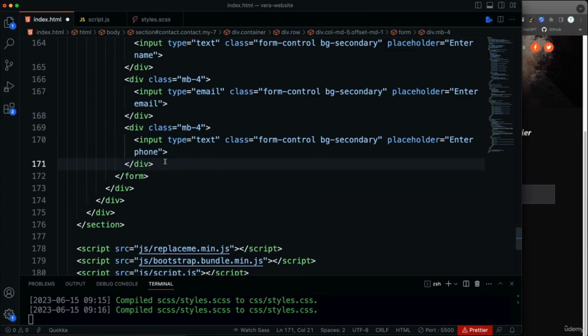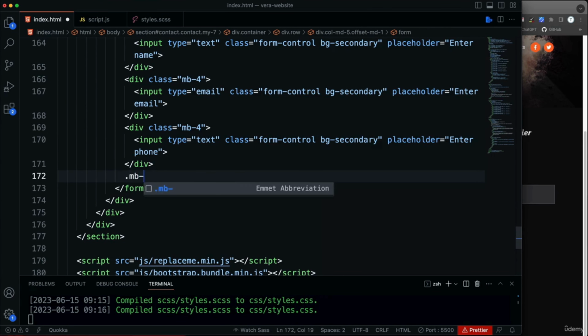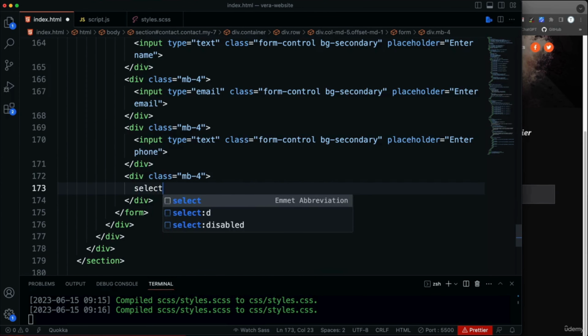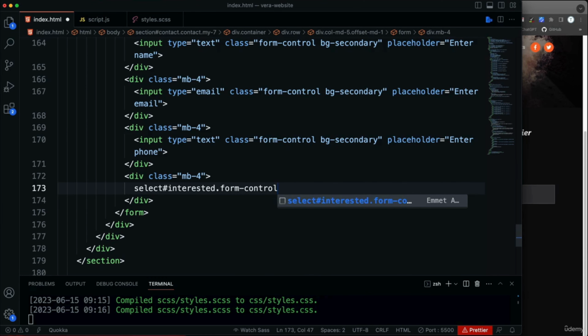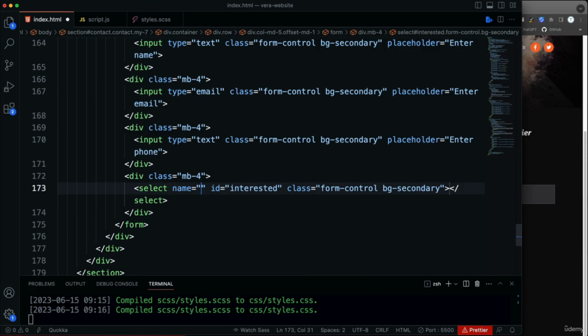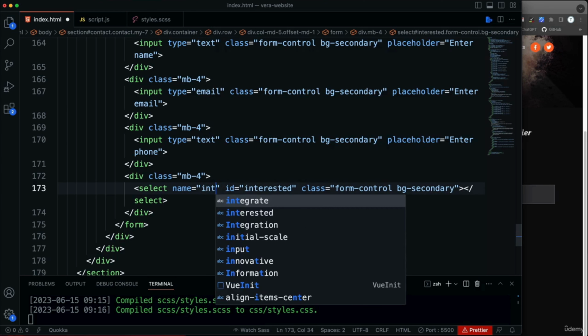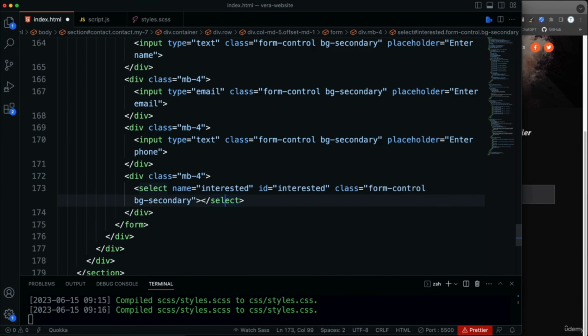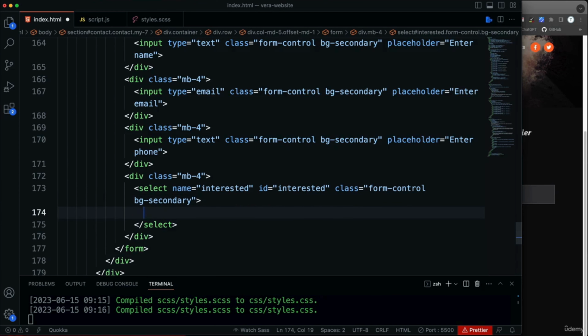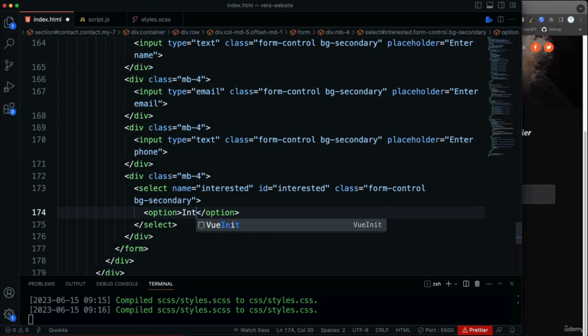So under the mb-4, we're going to create another mb-4, but we're going to have a select. And we'll give this an ID of interested and a class of form-control. And also, we're going to do our bg-secondary on this as well. And then for the name, I guess we could just say interested. Now inside the select tags, we want to have an option, and this one isn't going to have a value because it's just the title. So we're going to say interested